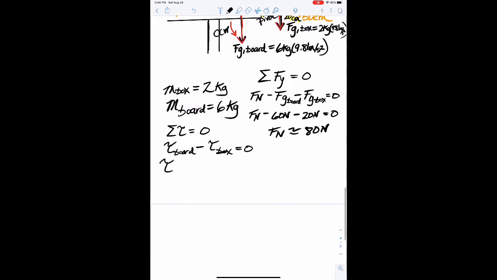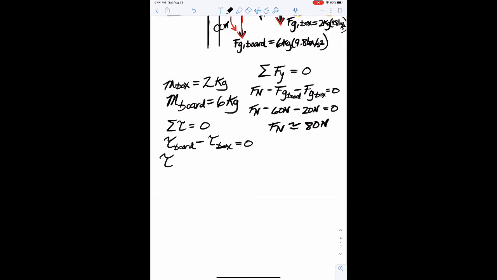It's all about the distance to the pivot here for R. So we can go ahead and say that the torque of the board is equal to 5 centimeters R cross F, which we're going to have to change to meters, times the force of gravity of the board, which is 60 newtons, times the sine of 90,